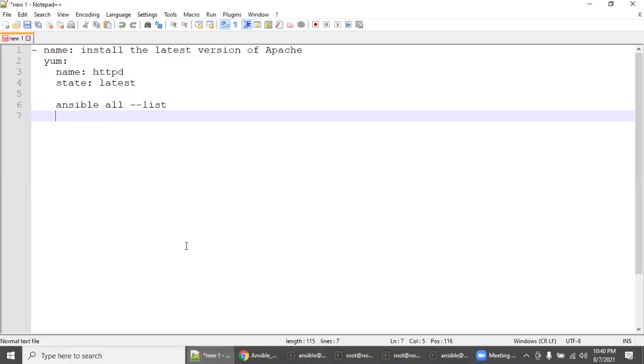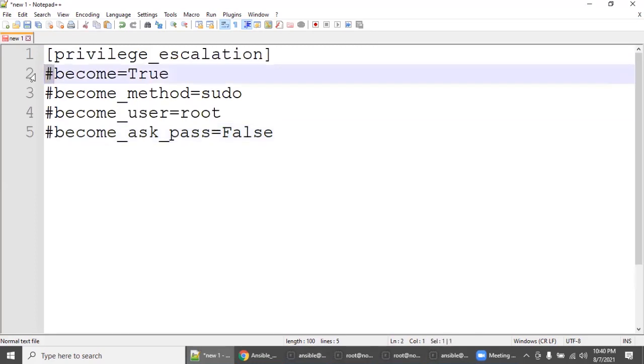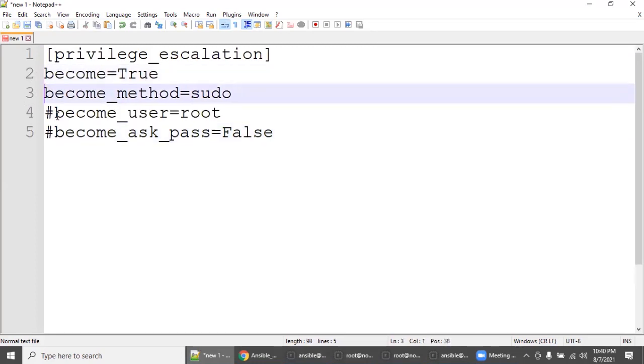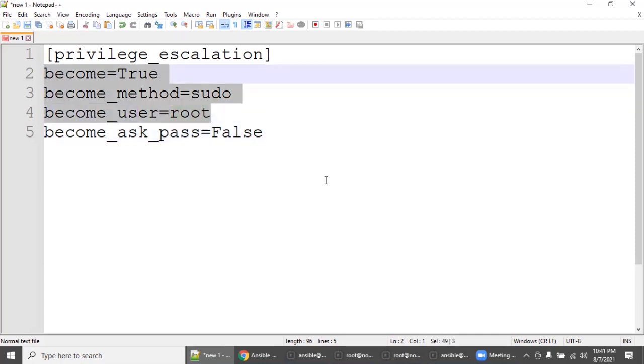Copy this, put it in a notepad and remove the hash. Remove the hash. As of now, what we are saying is this is getting executed as the Ansible user. But in order to install something, we are declaring the Ansible user also becomes root.